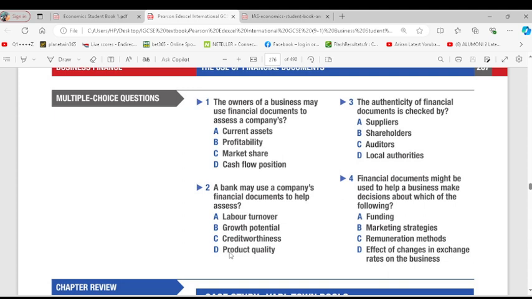Does it really matter to release financial documents to the public, apart from competitors and governments and whatever? Are you talking about the media? No, I'm not talking about the media. I'm talking about the general public. Do they care about the financial documents? They care, because